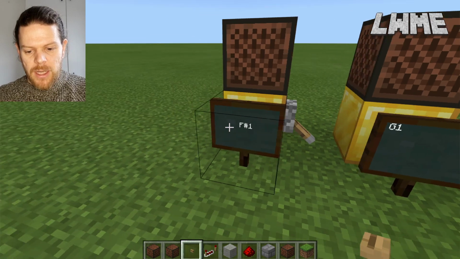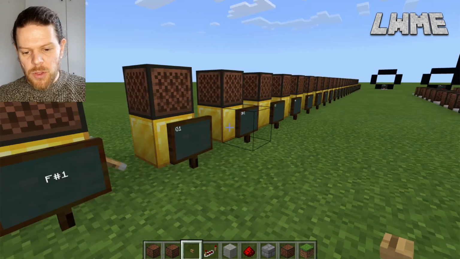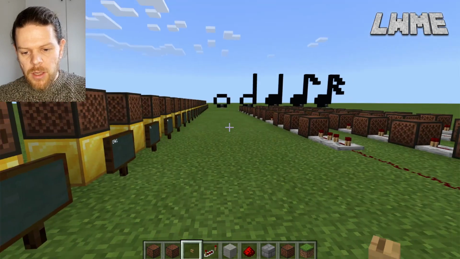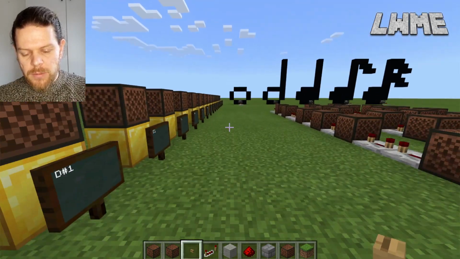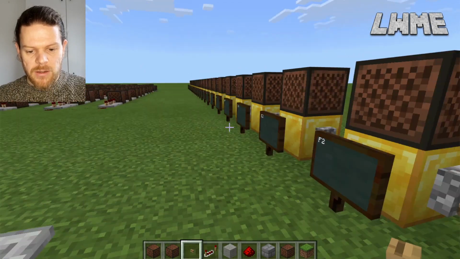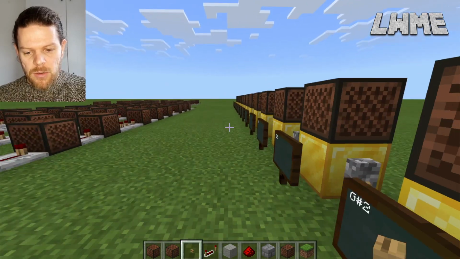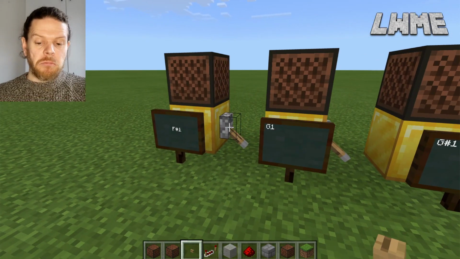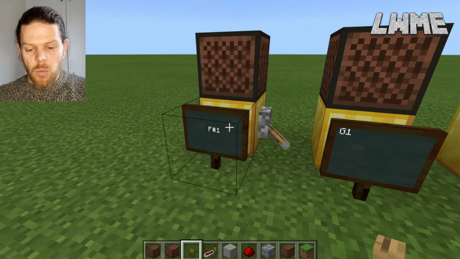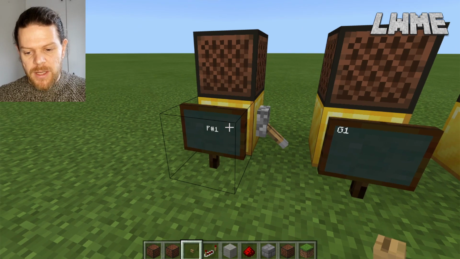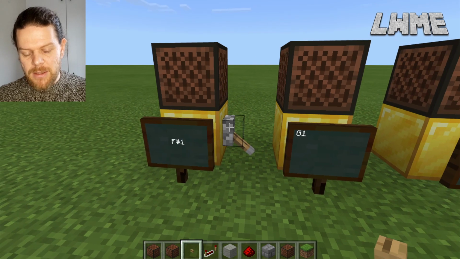And we've got a little chalkboard in front of each one telling us what note it is. So this is F#1, and it goes all the way up to F#3, which is 2 octaves higher than the first one. Now, for any of you that are quite knowledgeable about music, you might be thinking that F#1 is the first F sharp on the piano, the lowest F sharp, and it isn't.